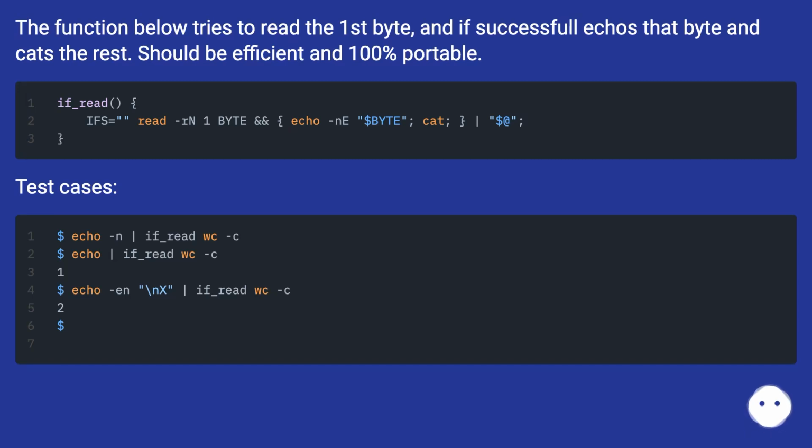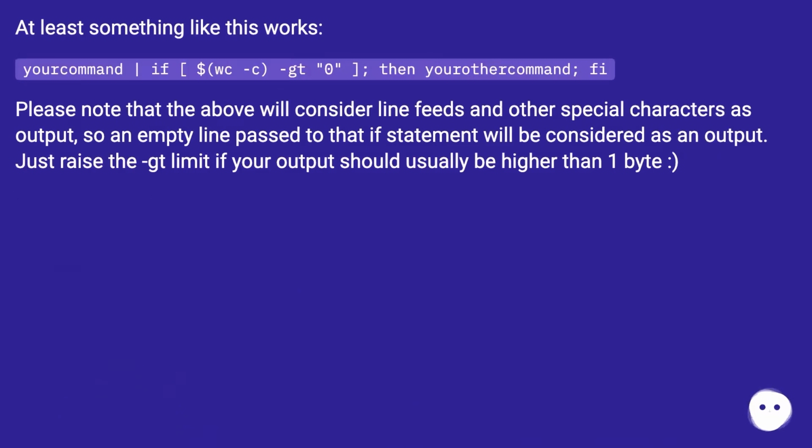Test cases. At least something like this works. Your command | if [ $(wc -c) -gt 0 ]; then other command; fi